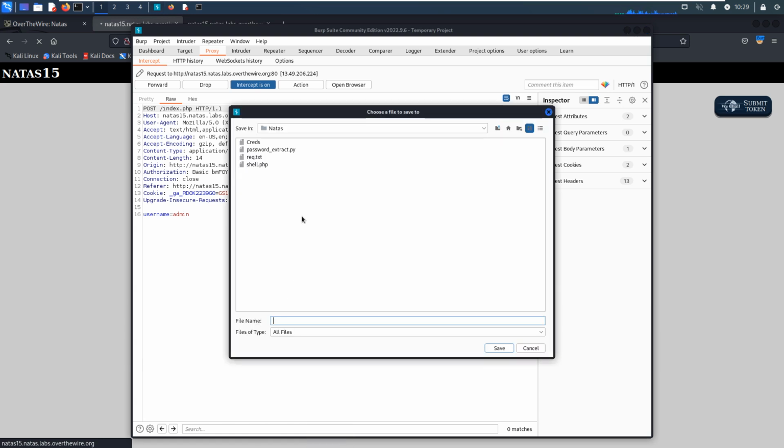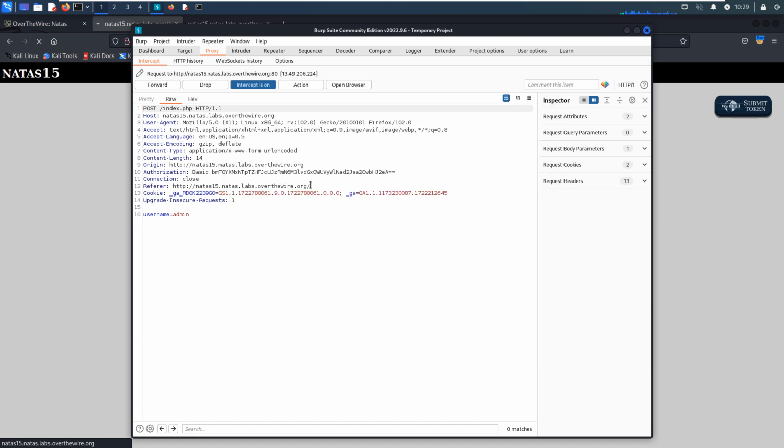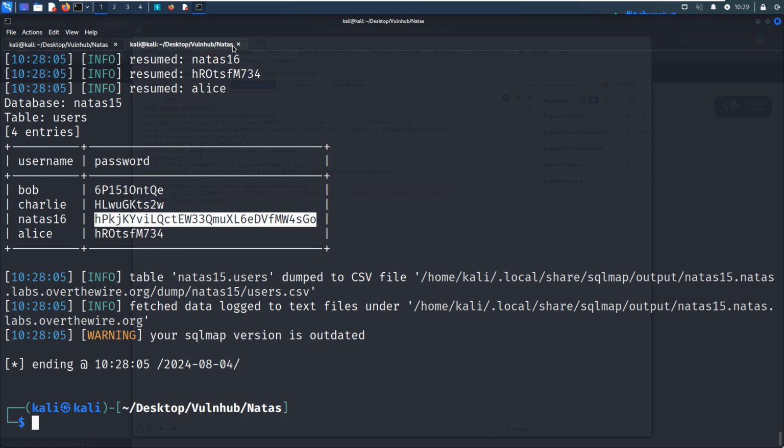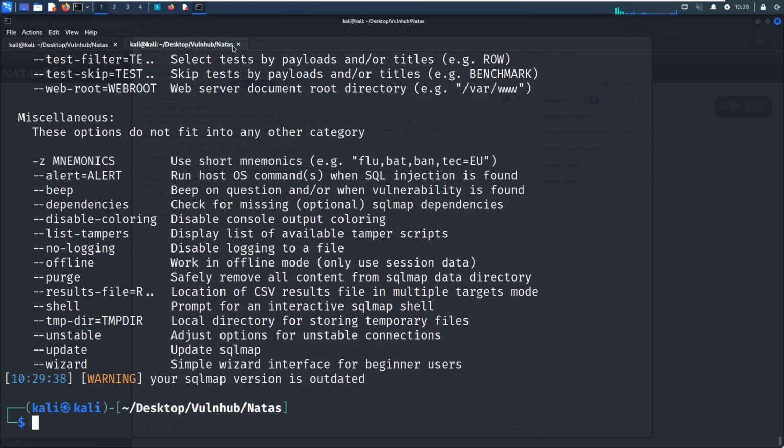Of course, I've already done that, and I will not repeat this step again. Alternatively, of course, this way is good. Alternatively, we can manually specify the credentials for the HTTP basic authentication. If you cannot remember such options very clearly, we can use sqlmap with the -hh option, and then you can get all available options of the sqlmap utility.